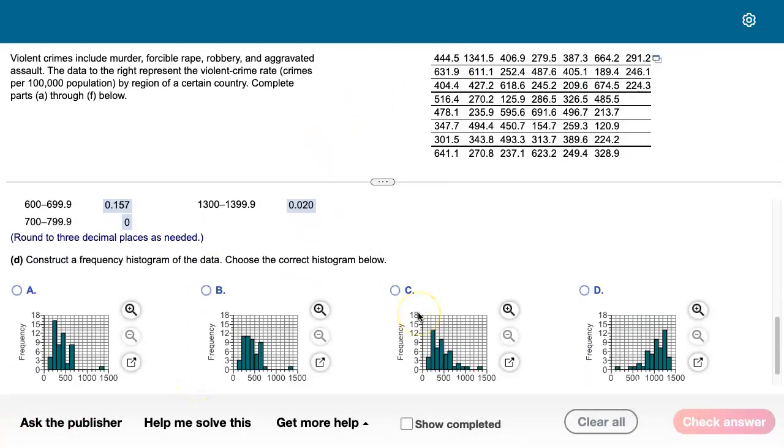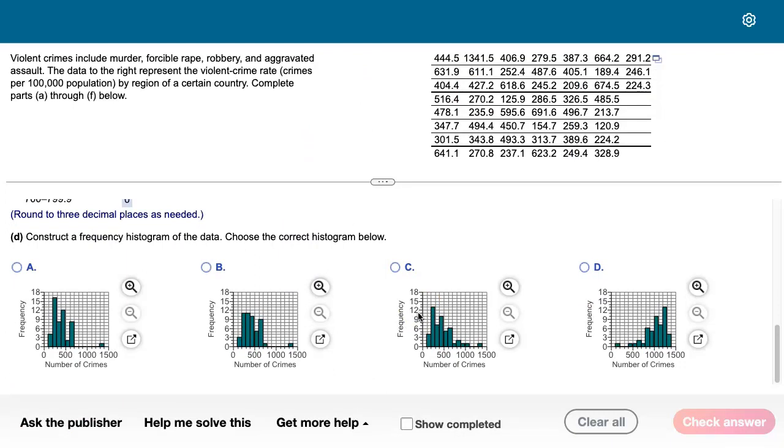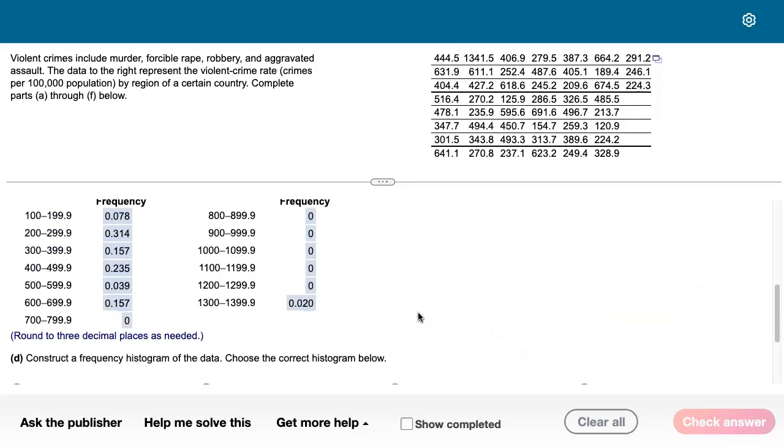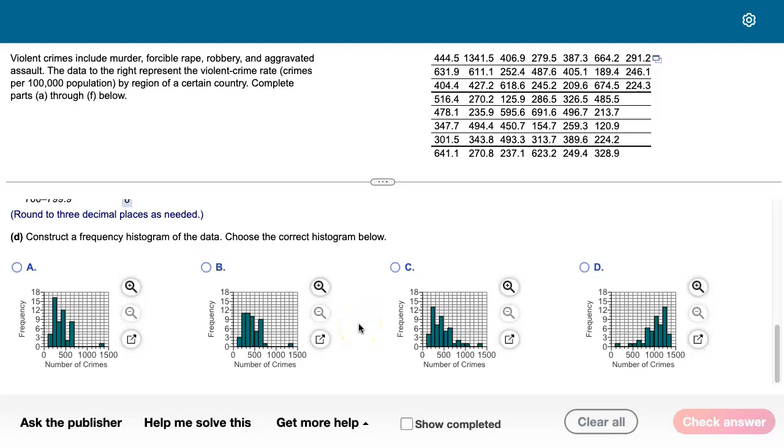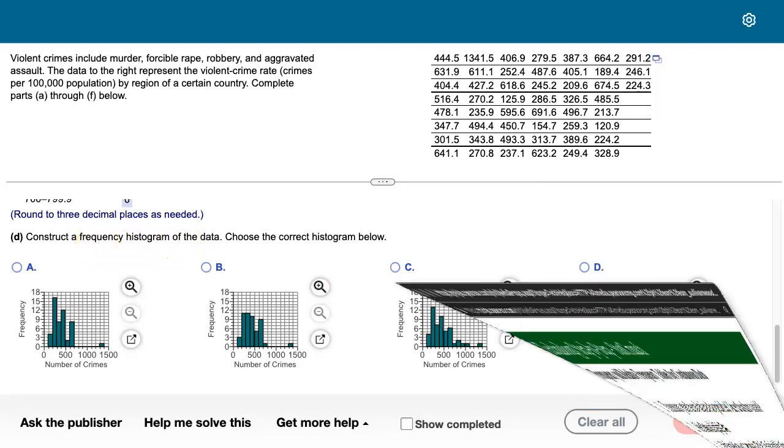So for the next question, it says construct a frequency histogram of the data. And this might be a little bit simpler since we're now dealing with not quite as much data as it was in its raw form, but I do want to show you how to do this same thing in StatCrunch. So we're constructing a frequency histogram. So let me go back to my StatCrunch